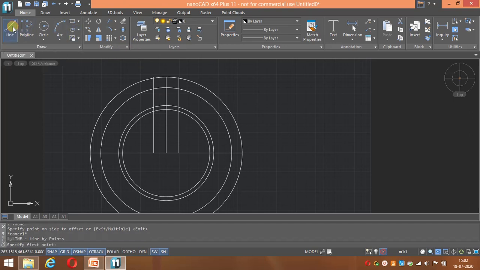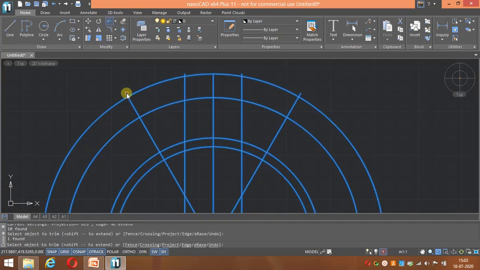So let me draw a line here from the center. The length is 200, and I will fix the angle. 60 means from 90 it should move 30 towards this side, and 30 on this side also. From this origin it should be 60, right? 90 minus 30, so I will be fixing the angle. This is the 60, and 90 plus 30 it will be, this is the center, at 200 at an angle of 120. Okay, now let me select all this, go for trim.